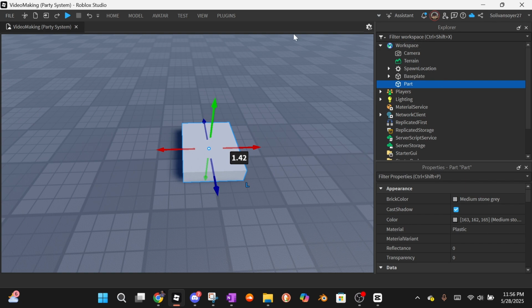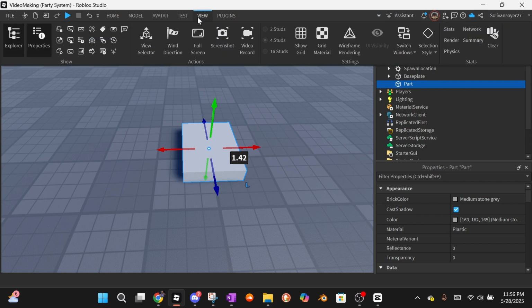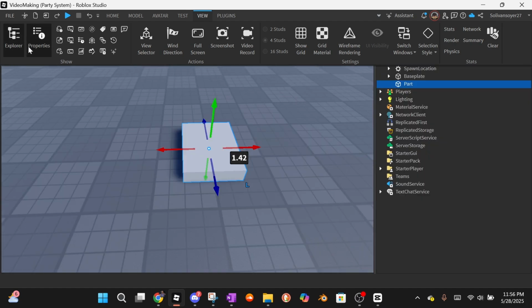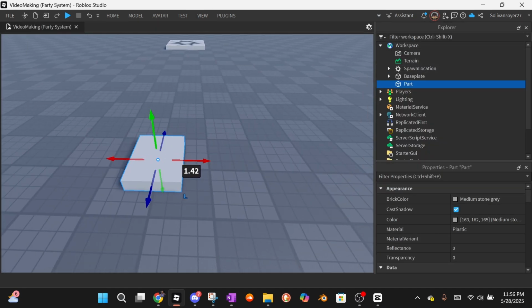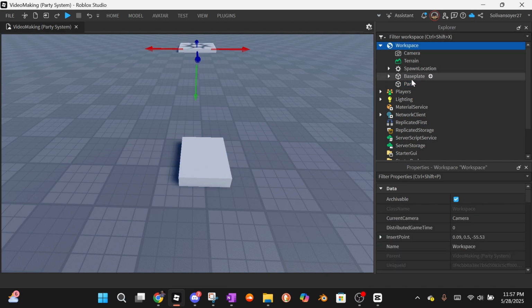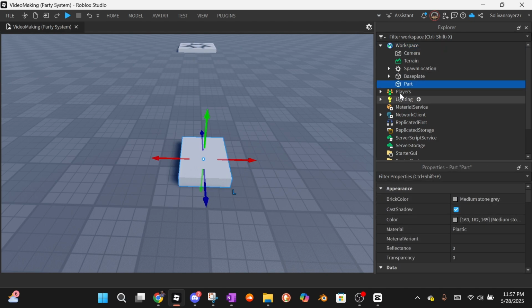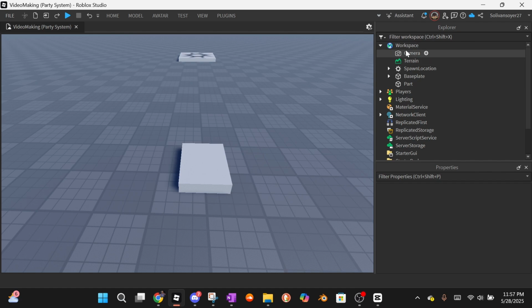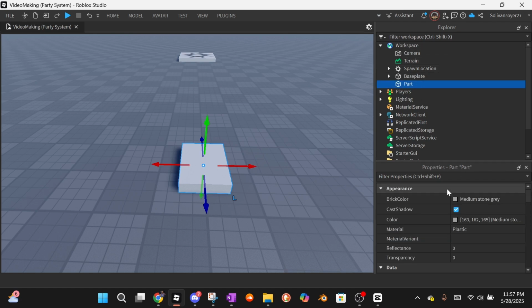Normally, if you come into this view page, you would have Explorer and Properties open. Explorer shows you all the surfaces in our game. Right here we have our workspace and our properties of whatever we have selected. So if you select nothing, there are no properties to look for. But if we look at our part,